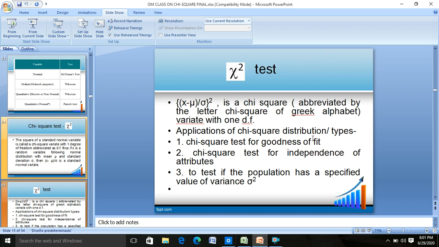The applications of chi-square distribution, or types of chi-square test, are: first, chi-square test for goodness of fit; second, chi-square test for independence of attributes; third, chi-square test to test if the population has a specified value of variance sigma square. These are the types of chi-square test. It means you use the chi-square test in the following situations. Now, first of all,